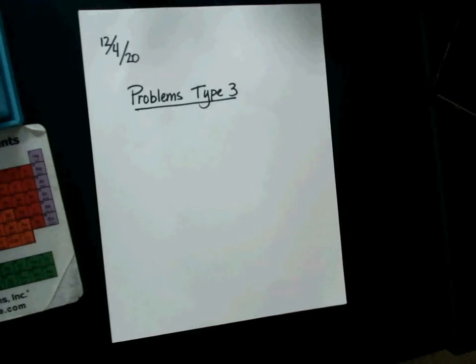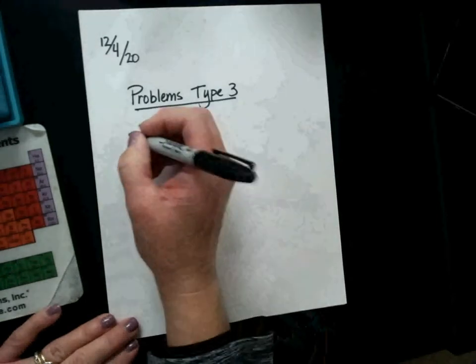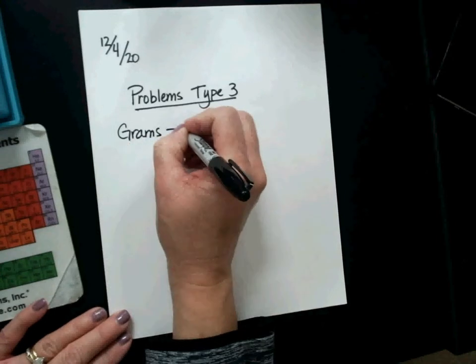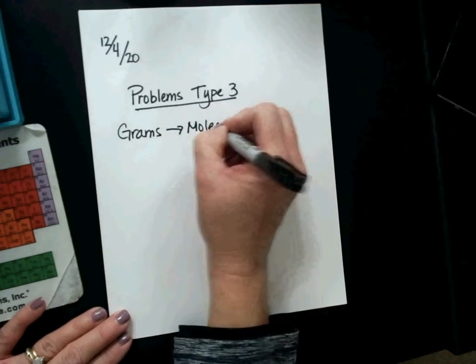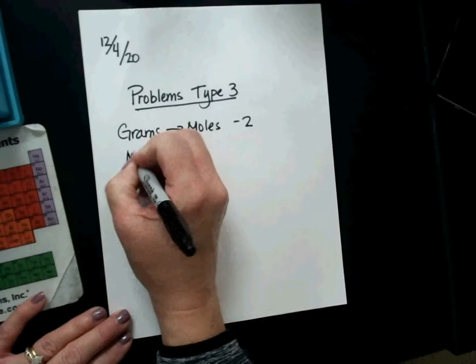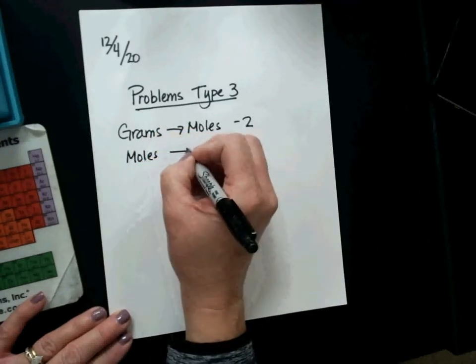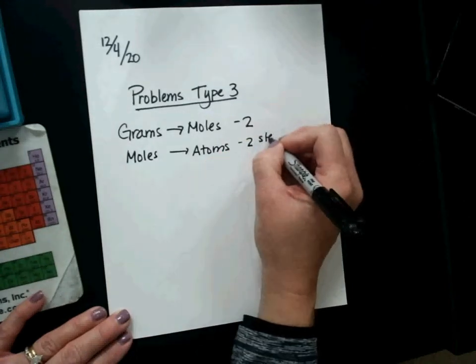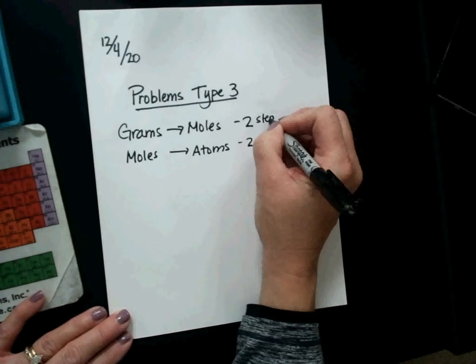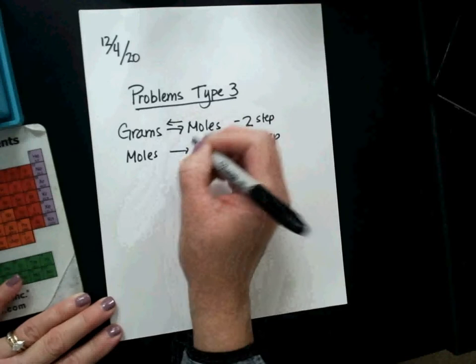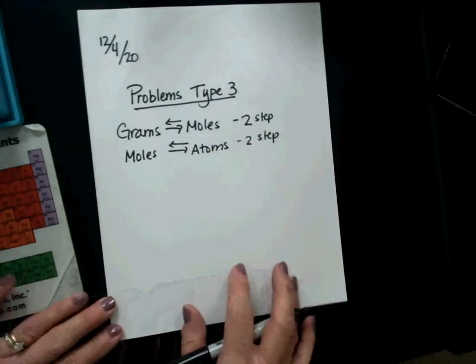Maybe we didn't get as far in here as we did the other ones. So let's look at this. I think the first ones we did were grams to moles. And we know that was 2 steps, right? And then yesterday, the stuff that you did while you were home, you should have recognized was moles to atoms. Those are 2 steps. So then the only thing left, and remember these are reversible, it works in either direction, are your type 3s,